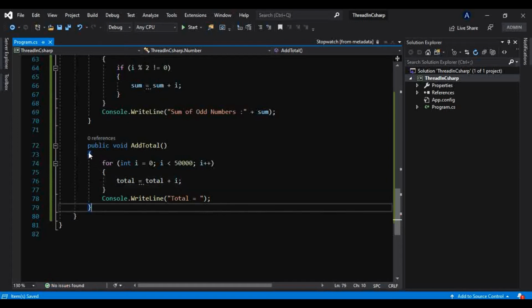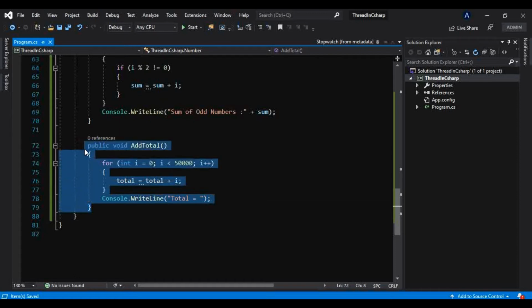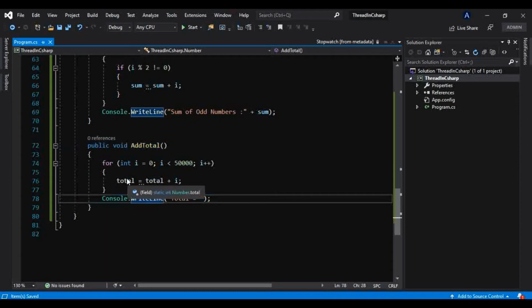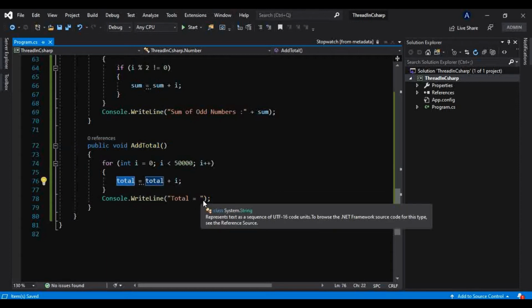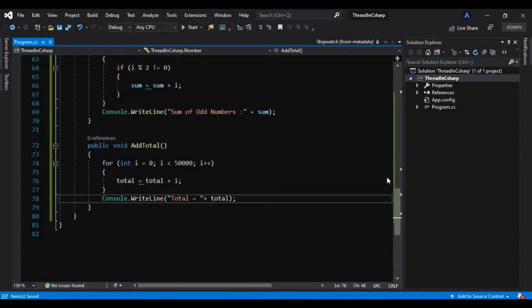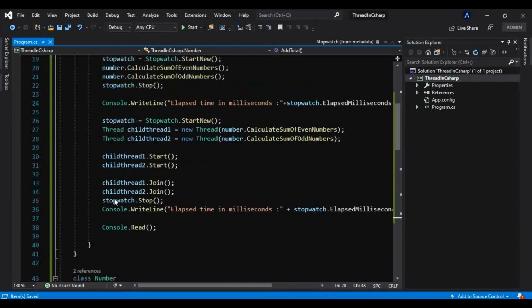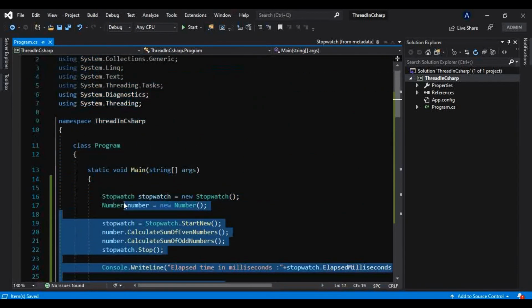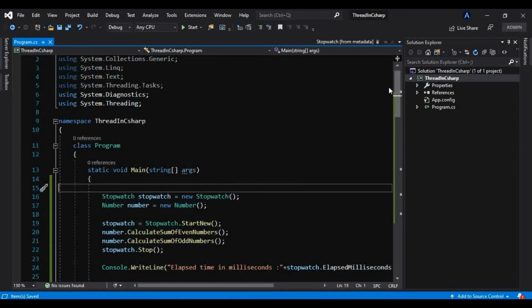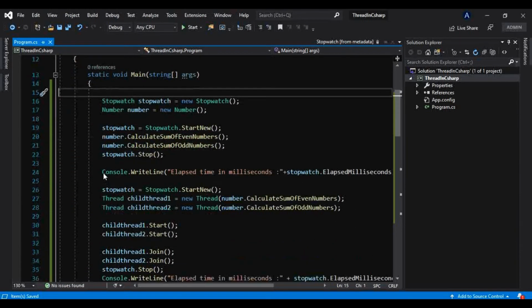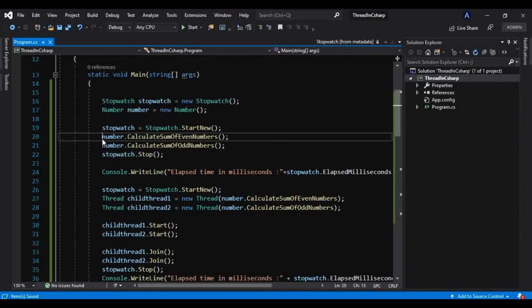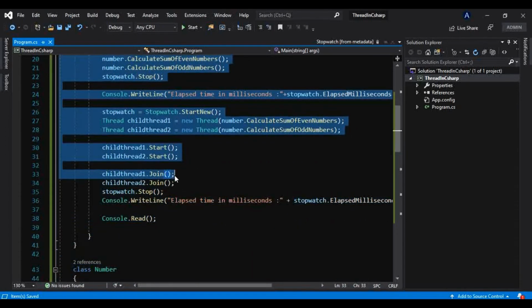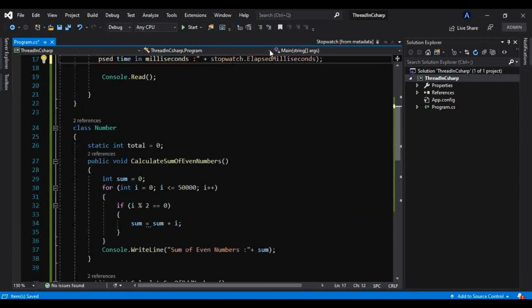Let's say we have this method here. Now we will call this same method, and before that let me print that total here.